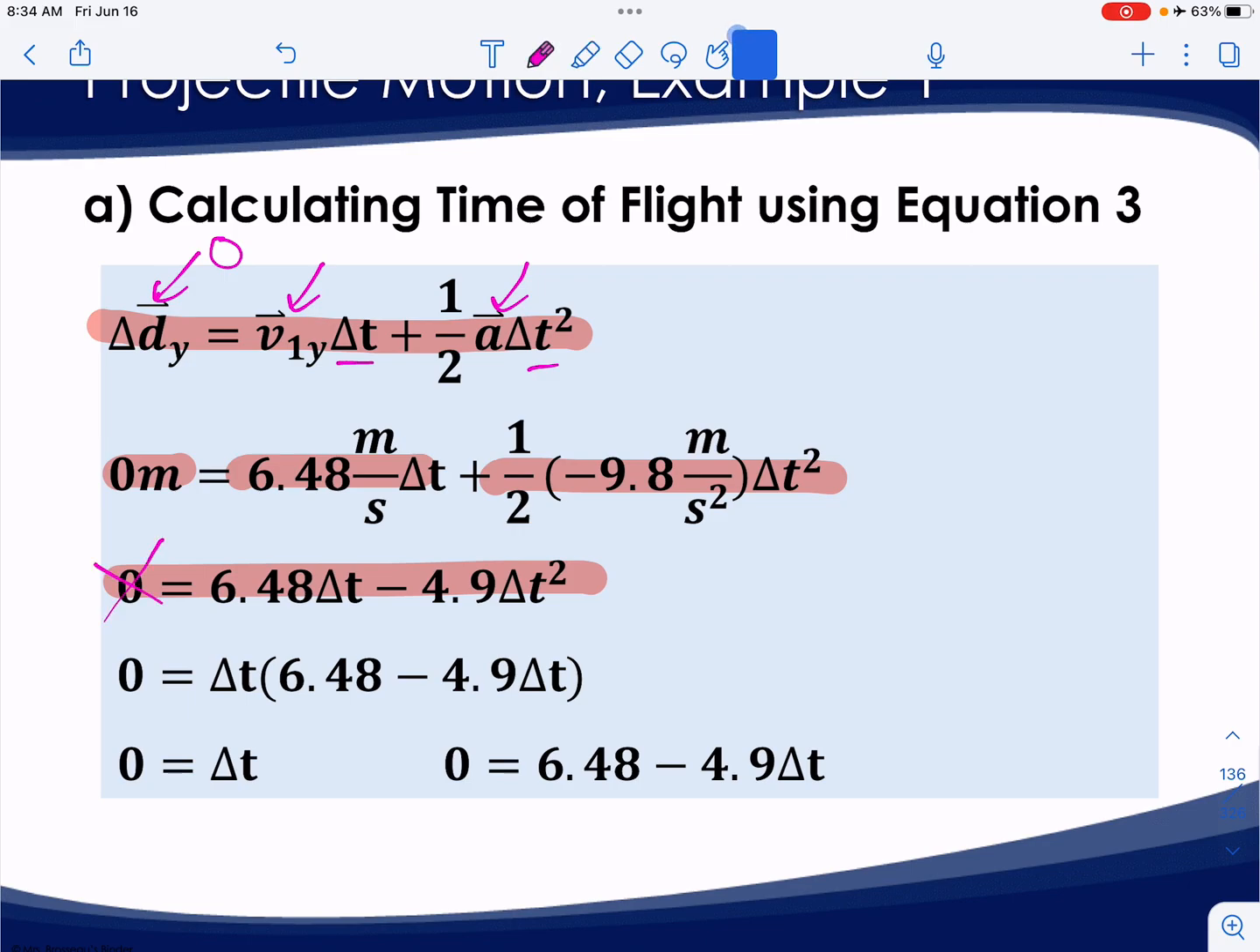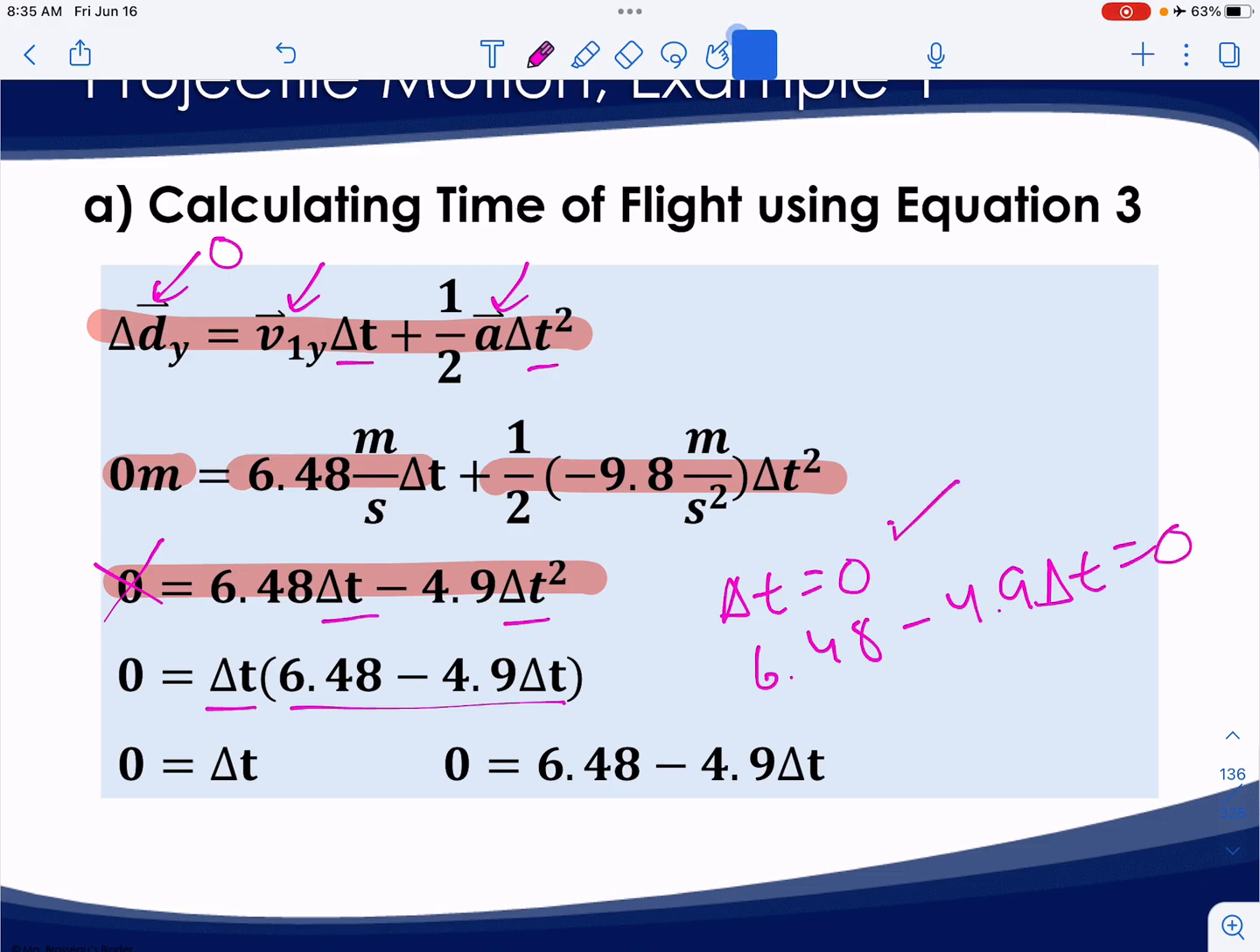And the strategy for this is, since this is 0, you can factor out delta t. And so if you factor out delta t, you have 2 things. You can set this equal to 0, or you can set this equal to 0. So we can say delta t is equal to 0, or 6.48 minus 4.9 delta t is equal to 0. So here, delta t equals 0. So you can see that the displacement is 0 at the very beginning of the parabola, right? That's this point. So at time 0, it's starting at a delta dy